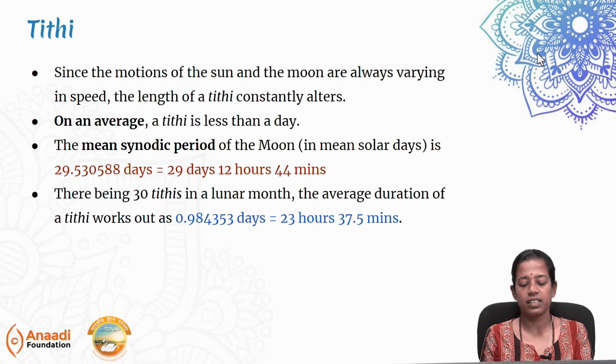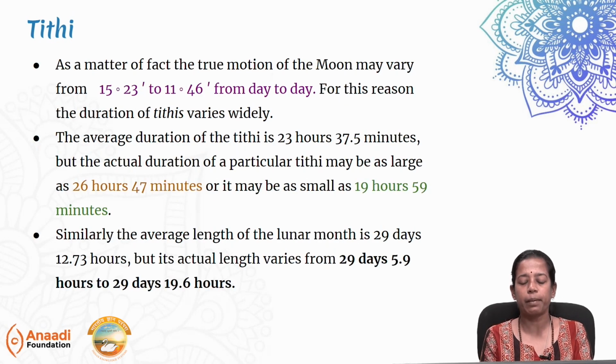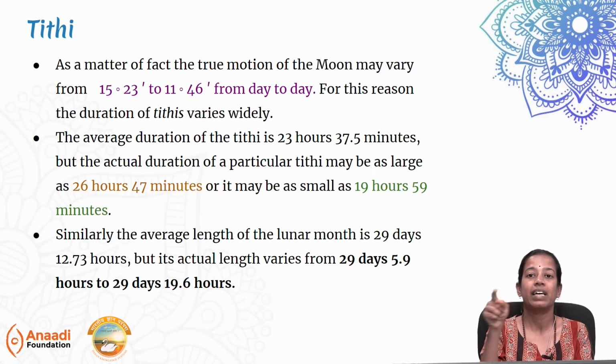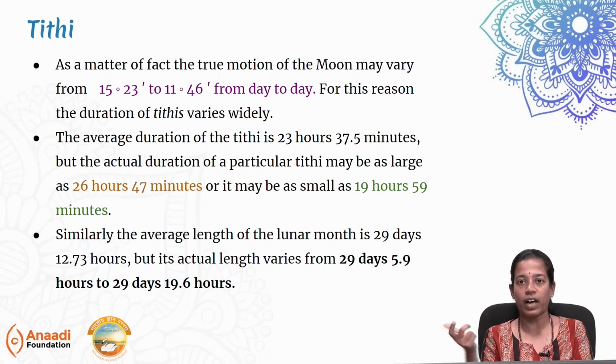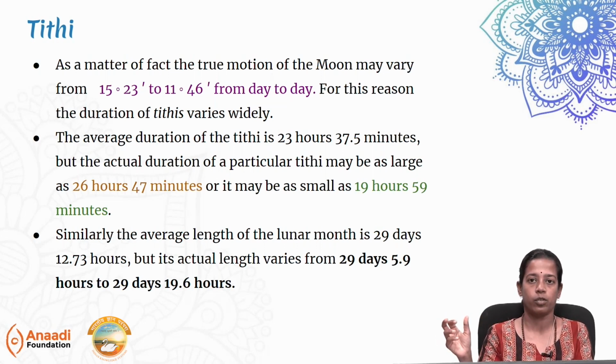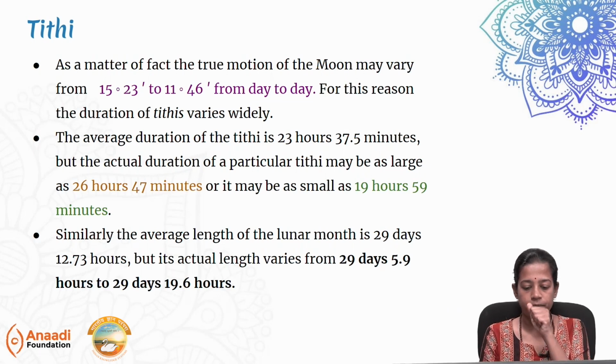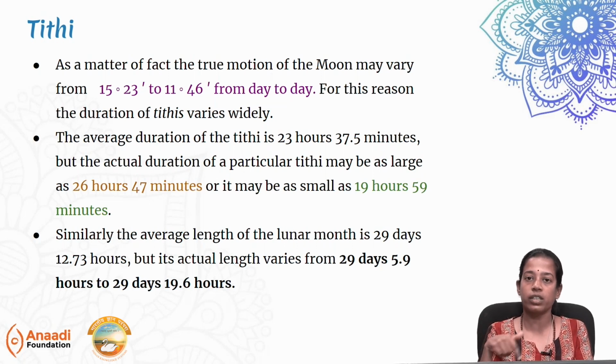Though we say this, it can vary quite a bit as well. You know why? Because the orbits, we have clearly seen, are not circular for things to be so uniform. They are elliptical. So there will be some places where the Tithi will go faster and there will be some places where the Tithi will be slowly spaced out. The Earth's orbit around the Sun is not a perfect circle. The orbit of the Moon around the Earth is also not a perfect circle. Because both of these are elliptical, this happens even in Shaura Masa.